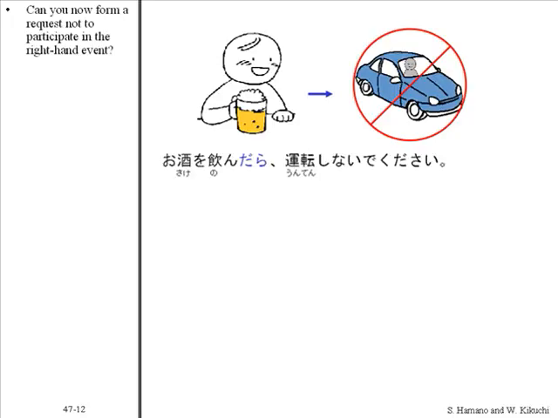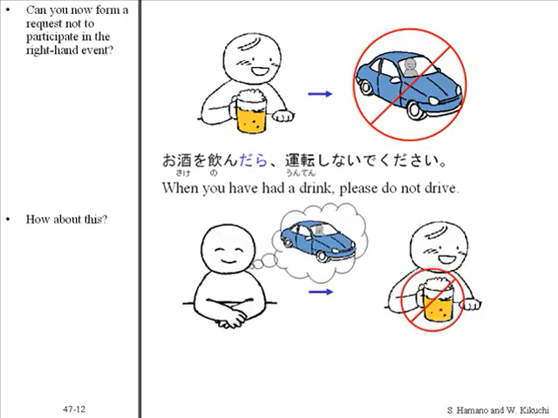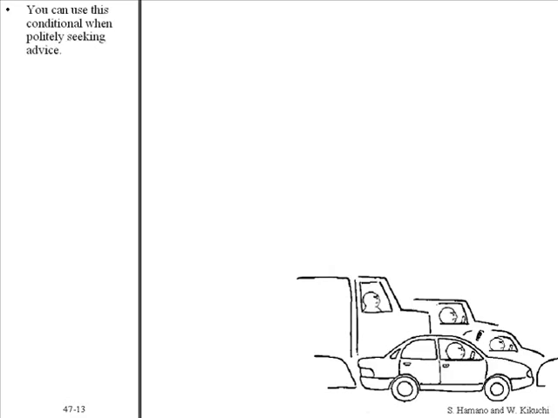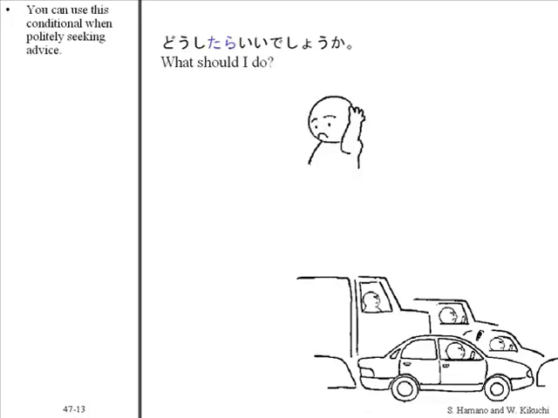お酒を飲んだら運転しないでください。How about this? 運転するんだったらお酒は飲まないでください。You can use this conditional when politely seeking advice. どうしたらいいでしょうか。Or in polite suggestions. 自転車で行ったらどうでしょうか。